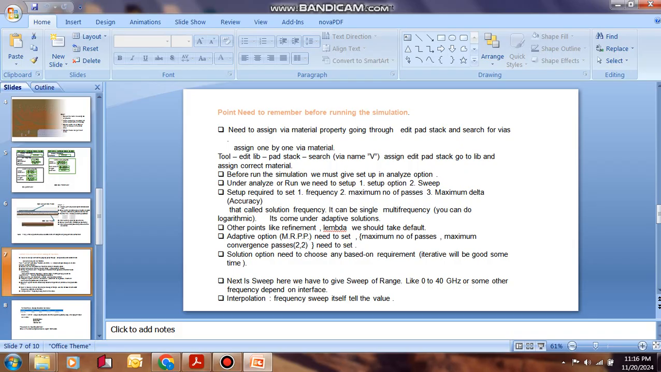Before running the simulation, we must give the setup in the analyze option. We have to give the setup, like what the frequency and frequency range will be and what type of simulation will be analyzed or run. We need to set up one setup option, and option 2 is sweep. Setup requires these options: frequency, maximum number of passes, maximum delta accuracy, and the solution frequency. It can be single or multi frequency, you can do logarithmic. It comes under adaptive solution simulation. Other points like refinement, lambda